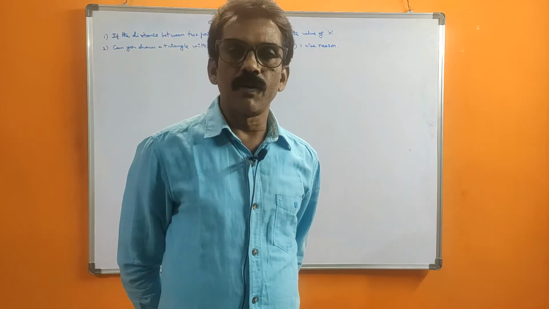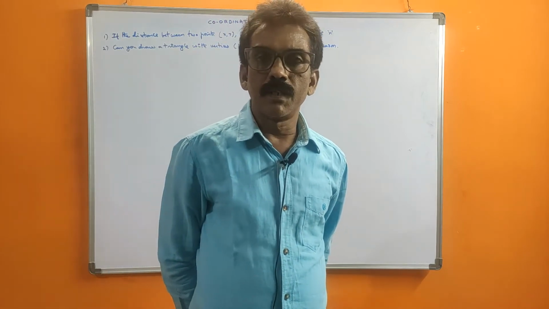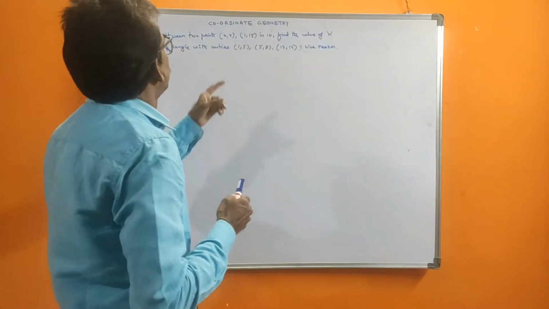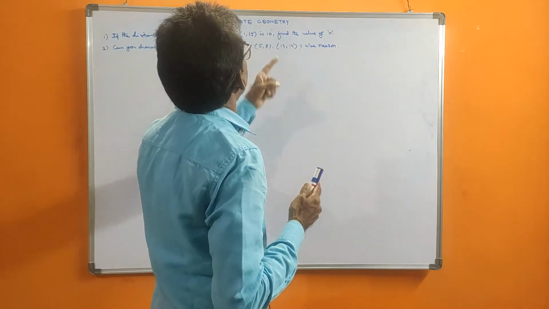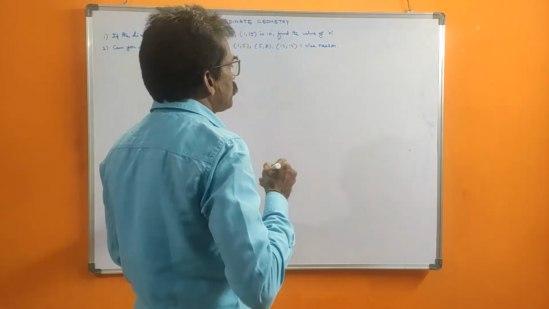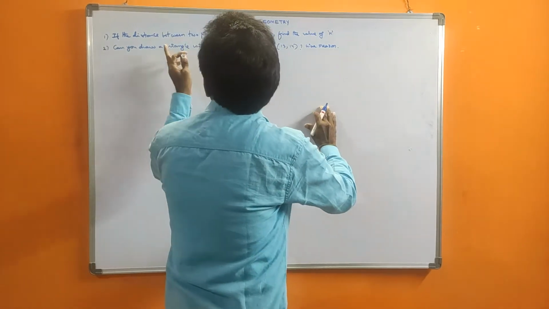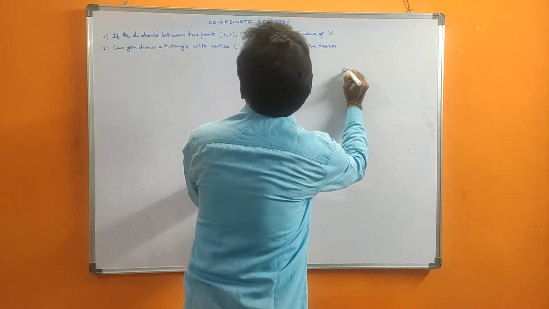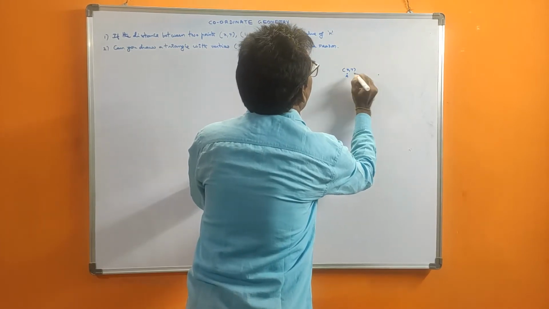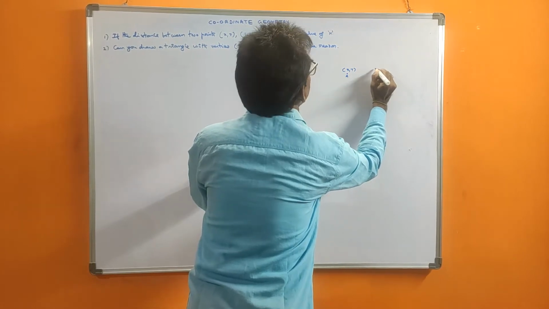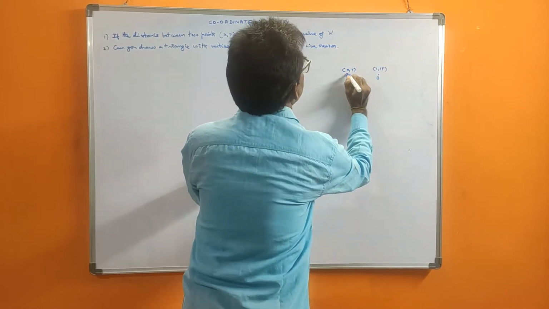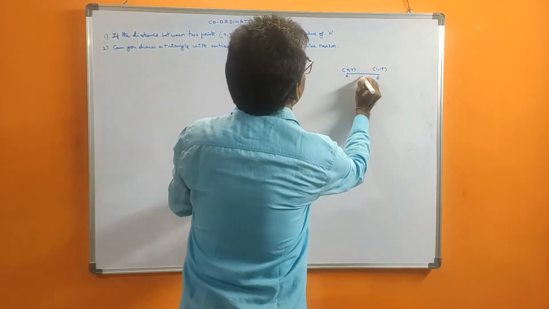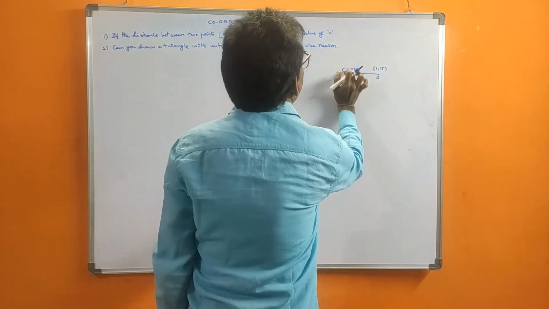In this video, I want to explain some more problems related to coordinate geometry. Now, see, if the distance between 2 points (x, 7) and (1, 15) is 10, find the value of x. This is a normal problem, if you understand. The distance between 2 points: point A is (x, 7), and another point B is (1, 15). The distance between these 2 points is given as 10. AB distance is 10. Find the value of x.